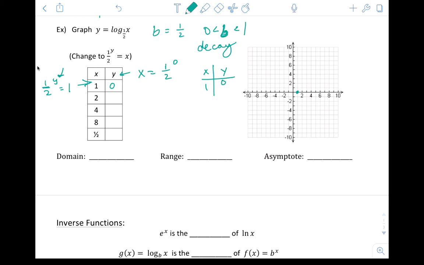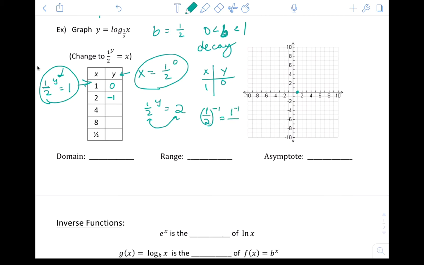I need you to figure out if you think it's easier to pick y's and plug them in this way, or pick x's and plug them in and do it that way. Doesn't really matter to me. So for some reason I chose x's, probably because with functions we always usually input in our x's and output our y's. It just happened to be weird this time. So let's see, 1/2 to the y equals 2. Well, what is going to take a 1/2 and change it to a 2? A -1. 1/2 to the -1,